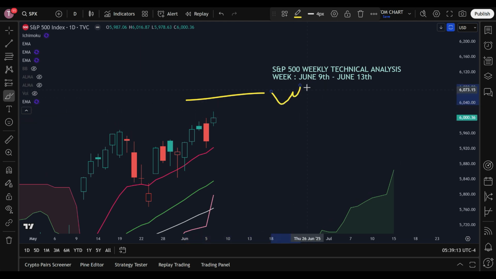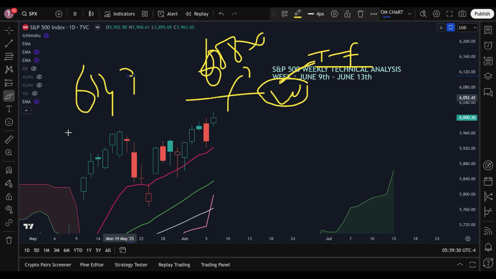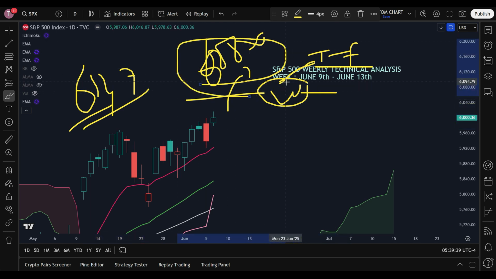Until Wednesday, if everything goes well in favor of the stock market, then from Wednesday onwards, Wednesday, Thursday and Friday, the S&P 500 can remain bullish and trade above 606x, towards 6147, that is the all-time high. If there comes a failure on Wednesday, then at maximum it will be somewhere around 604x or 606x or in between. Then it will come down.